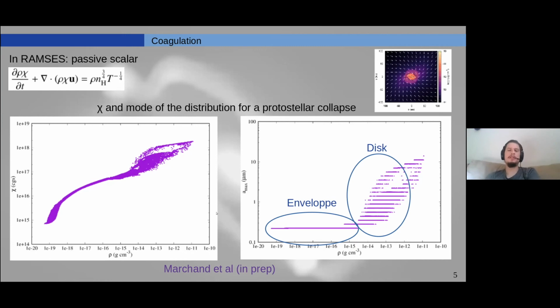Based also on the fragmentation model of Hormel, I've been able to derive some dependency of the fragmentation threshold on the size of the grains, the density and temperature. And I limit the growth of chi based on this